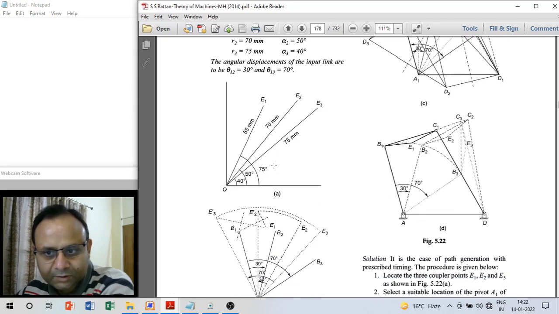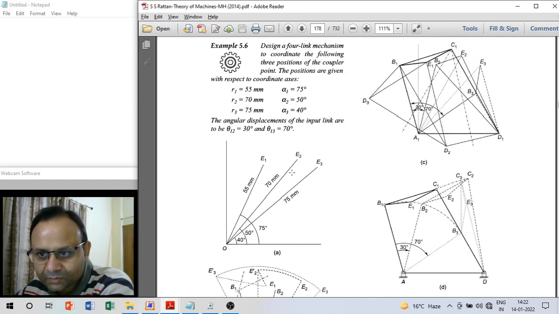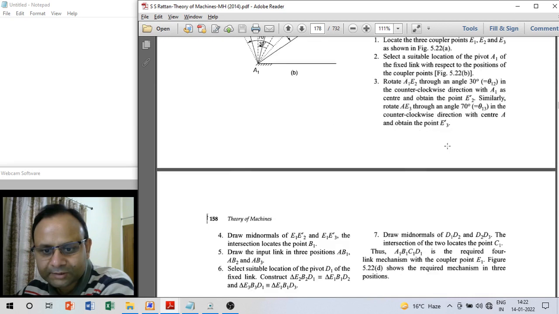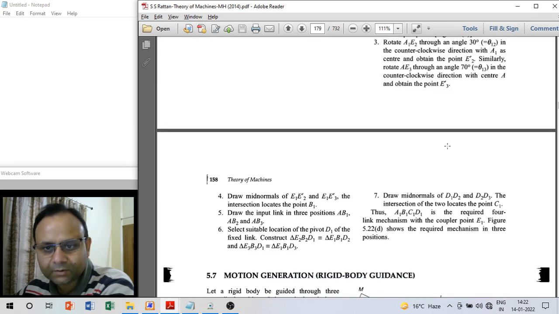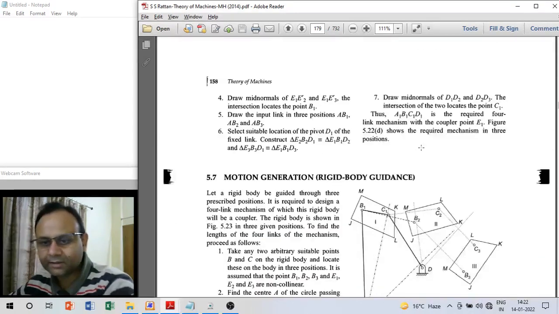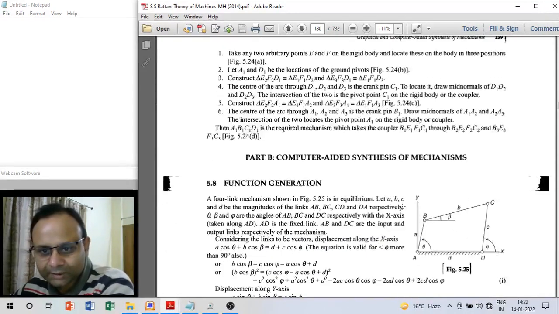So what will be the process? Same: you take points A and D arbitrarily, work out point B1, we already discussed that, and then get point C1. We covered that also. So you can go through this example and try to do it yourself. That was the graphical approach, and I'm not going to go through the analytical method,